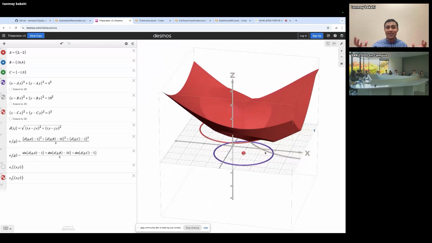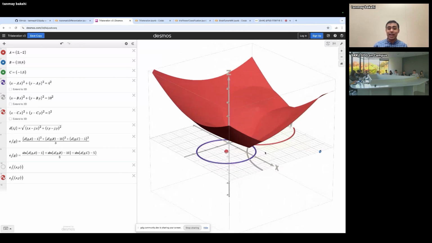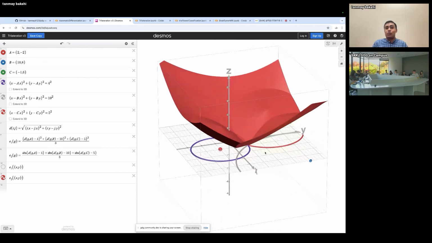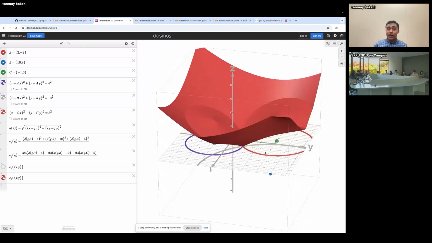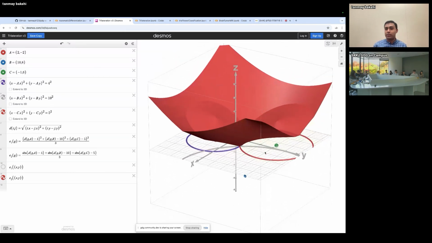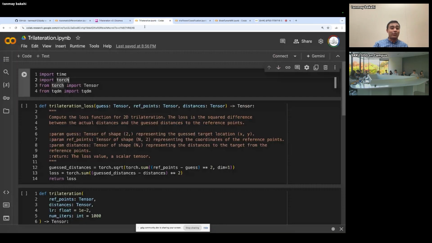That is the core of all ML, and it's actually pretty elegant that when you scale this up from 3 dimensions to tens of thousands to hundreds of thousands of dimensions, you get incredibly interesting emergent behavior, like being able to understand language. Trilateration is a wonderful example of those core constructs, which is why I've got a Python notebook here that demonstrates how to use PyTorch to implement trilateration.